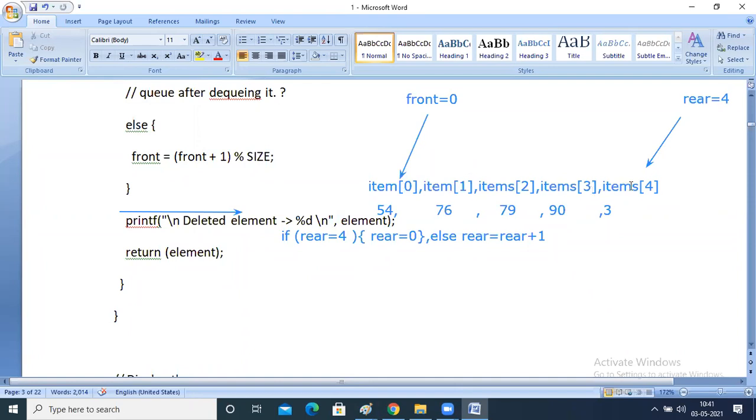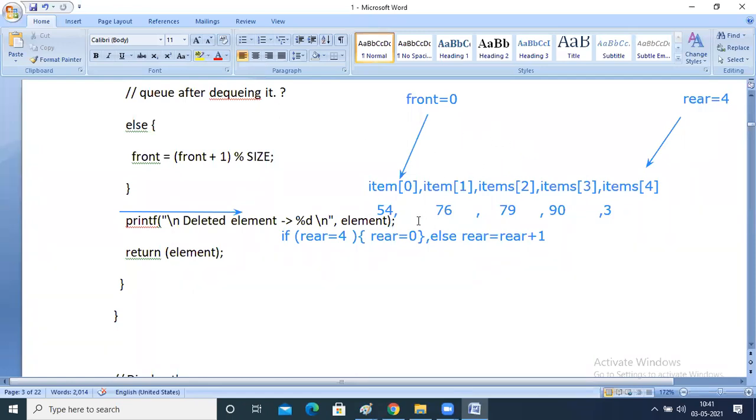Then what will happen in a circular queue? Again I will come around in a circular manner and delete the item. If there is any item at the 0th location, I will delete that one. Again 1 element, 2 element, 3 element, 4 element. But this step is not there in the linear queue.